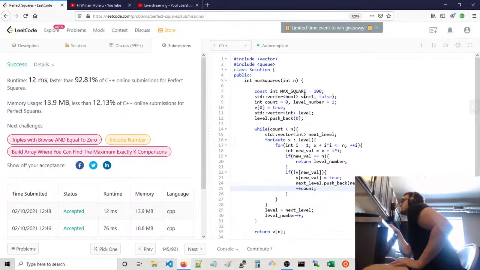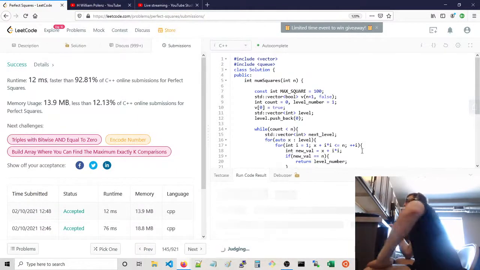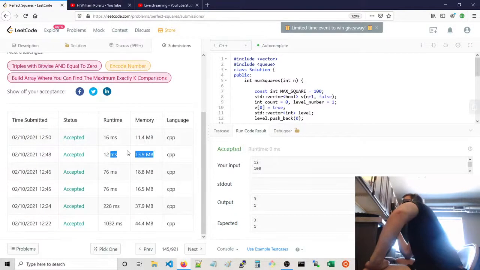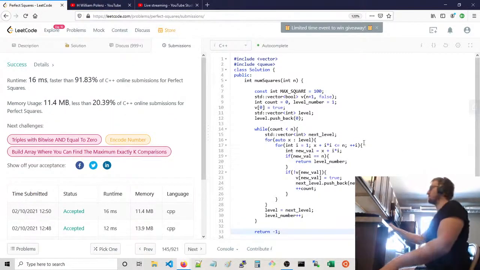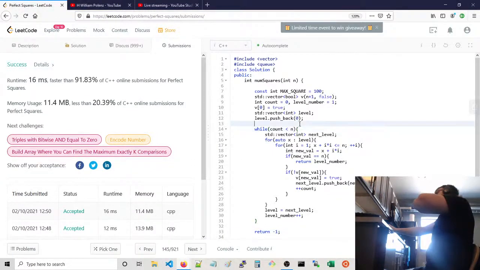Where we, instead of using a vector of integers, use a vector of booleans. Really, it should be really -1, I guess. Should never reach that. How do we do here? If we go submit. Okay, still pretty quick, but less memory now, right? Reduce the memory a bit. That's better on the memory. Now a challenging thing for